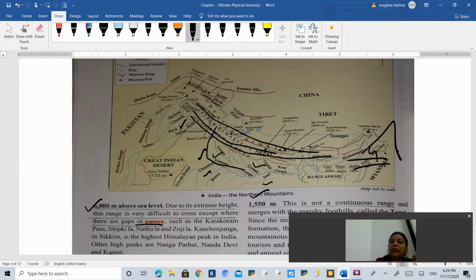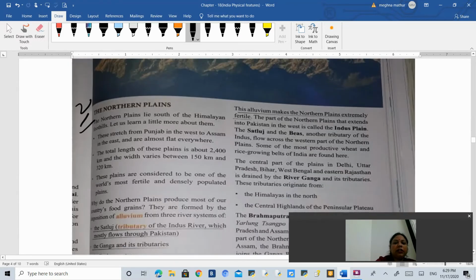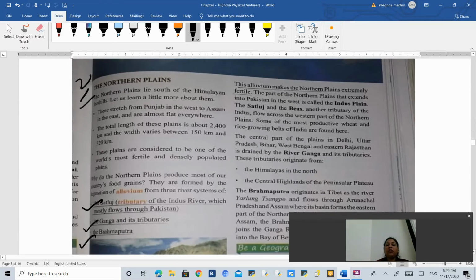And then in the eastern part we have the Brahmaputra river. The Brahmaputra river originates from Tibet, from Mount Kailash. So this is the origination point of the Brahmaputra river, and then it flows like this and enters India from Arunachal Pradesh and helps in draining the easternmost part of India. So this is about the northern plain. These are the three important rivers which help in making these areas fertile and cover all of the northern part of India.